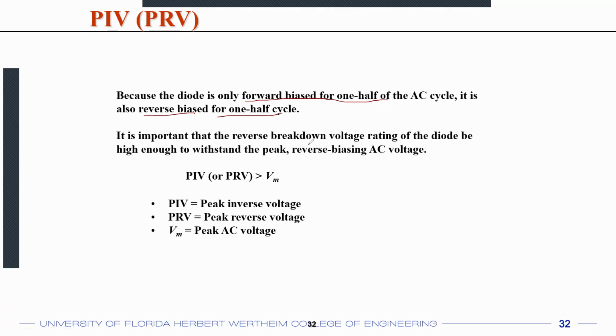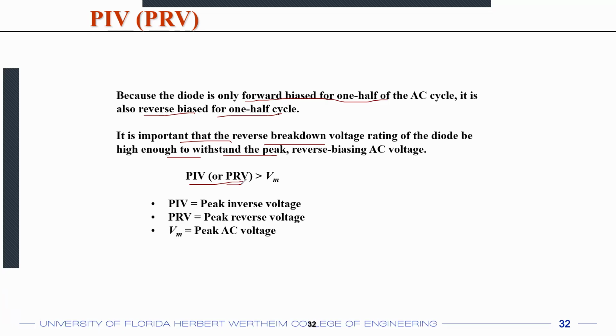When you are using this for half wave rectification, you know that the diode is reverse biased for the other half cycle. Now, it is important that the reverse breakdown voltage of the diode should be high enough to withstand the peak. Otherwise, the diode might be damaged, it may not be fully damaged, but it may be damaged by some amount, right? So it may not have the same behavior when you go back to the forward bias condition. So you need to make sure that the peak inverse voltage or the peak reverse voltage, a term that we'll find in the diode data sheet,